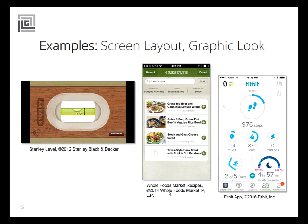And then also take into consideration where, when, and how it's used, down to how people actually hold the device in their hand and how they reach and tap the screen. You can see here, the difference in the graphic look from very skeuomorphic on the left side with the level, making it look like wood grain and like it's a real level, all the way to the other side, the Fitbit app, which is very flat look, which is currently